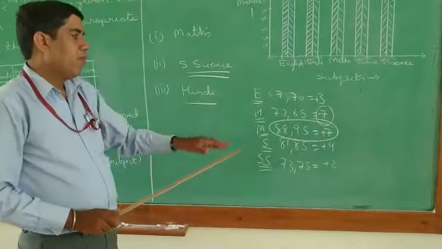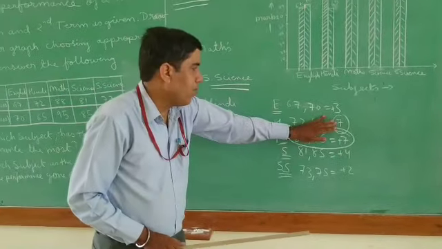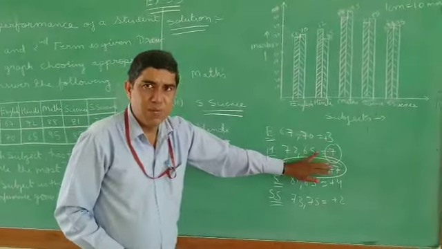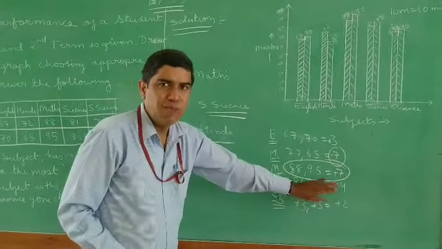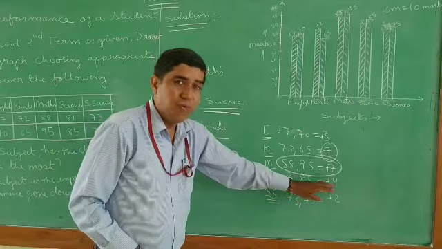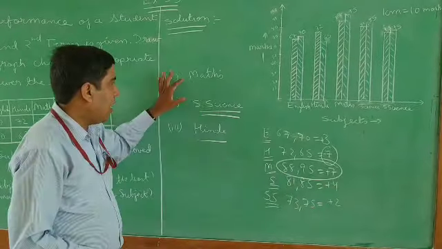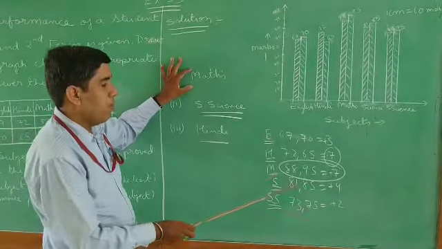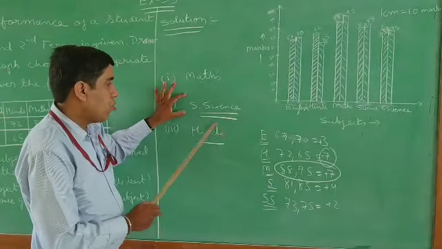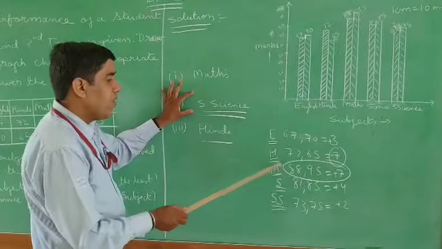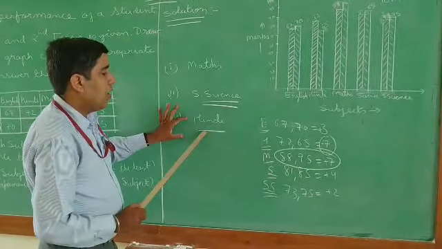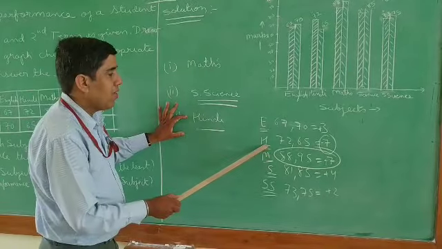So you can see in English there is an improvement of 3 marks. In Hindi the performance is decreased by 7 marks, and maths performance is improved by 7 marks, and science performance is improved by 4 marks. So here they ask which has improved the maximum. So it is mathematics. And for social science, what is the question? In which there is the least improvement. So it is social science. And where it has gone down, you can see it is Hindi.